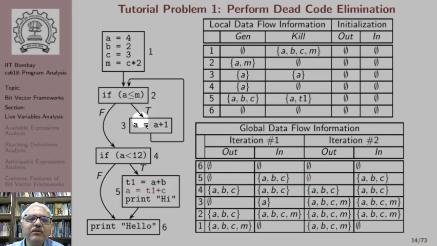Note that 3 and 2 form a loop, and therefore we expect their values to be affected, and we expect the values of the nodes that precede the loop to be affected. In this case, the values of node 1 are not changing. The interesting thing here is that at the exit of 5, the set of live variables is empty.